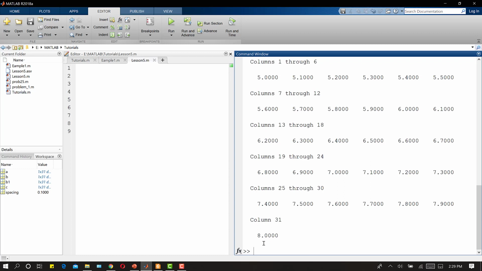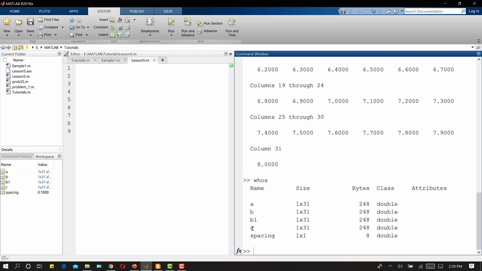So again I have the same row vector with 31 elements. If I check it again with whos, the C vector is a row vector with 31 elements.